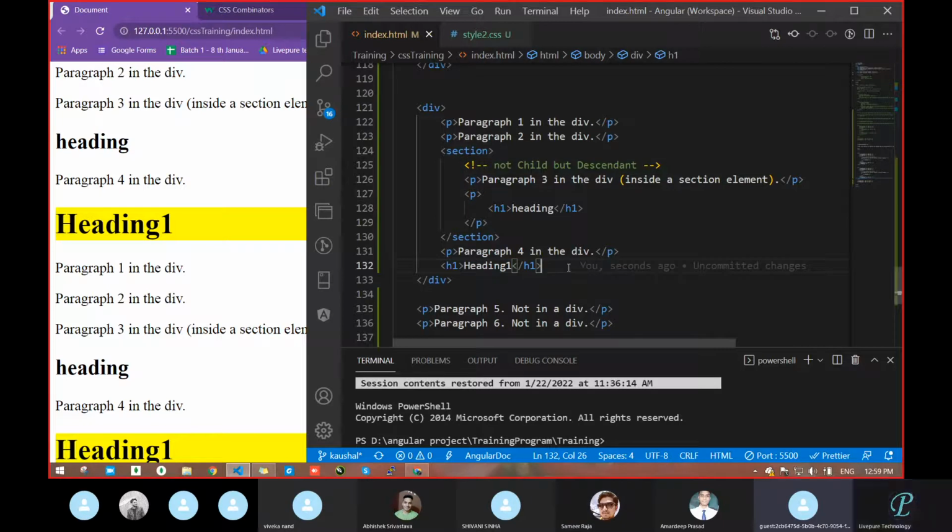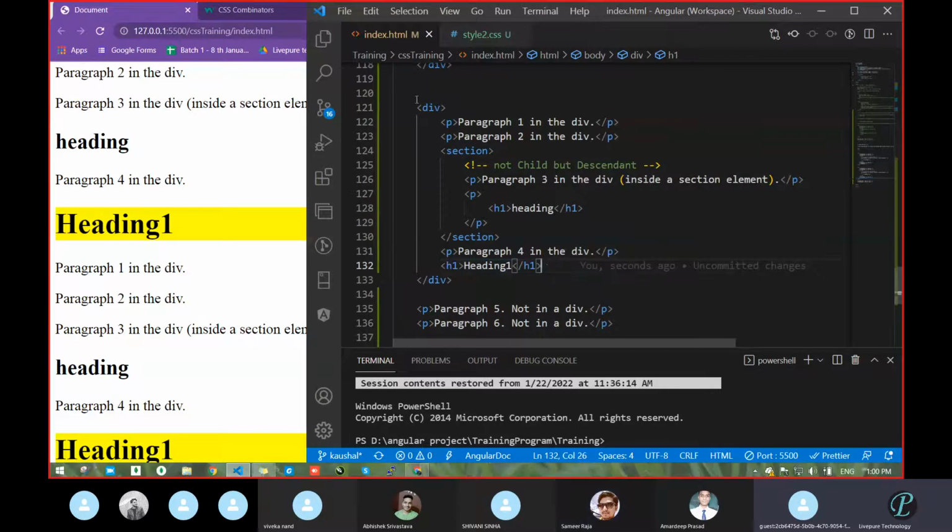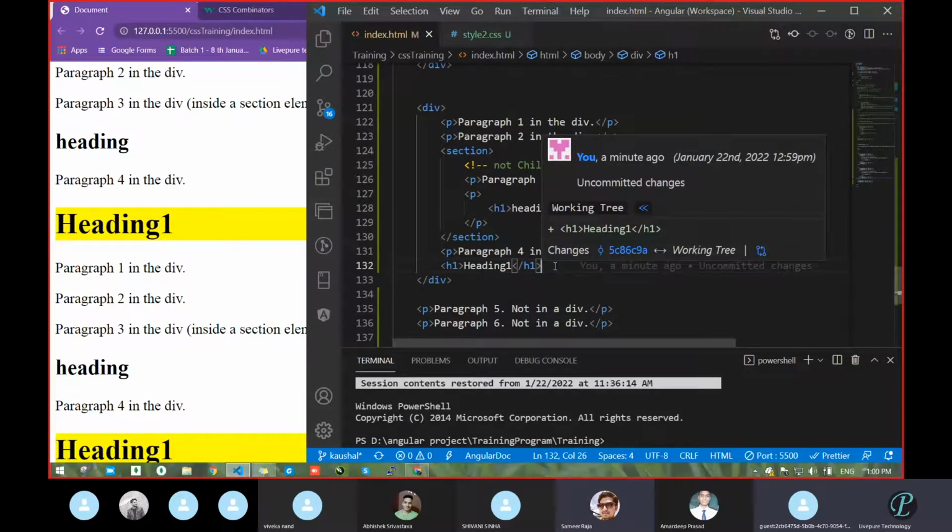I know this looks confusing, but don't worry. When you get a scenario and task, you will realize which one to use and which will be easy. Suppose each time you have to make a heading red, you will go with a div and pass this particular heading section. These are just like that itself but with a different name, so we are going with different styles.